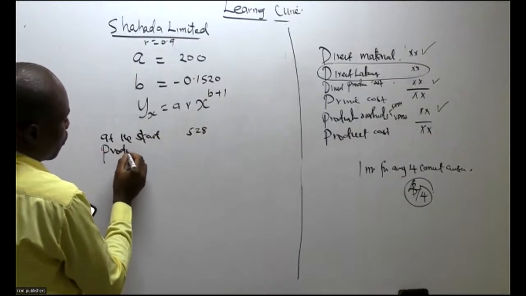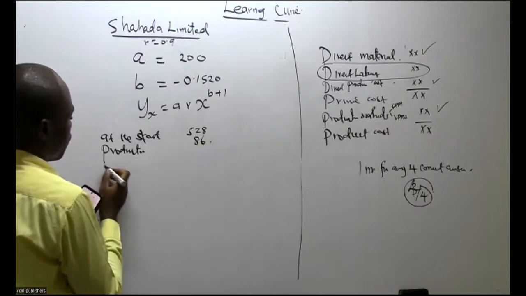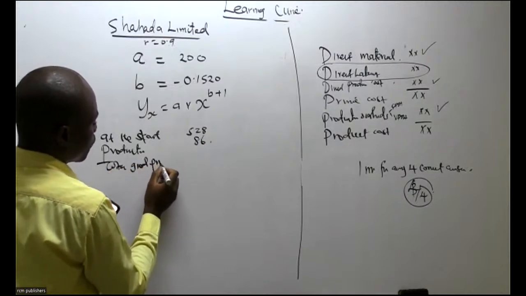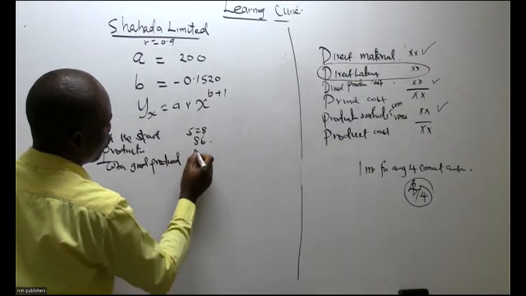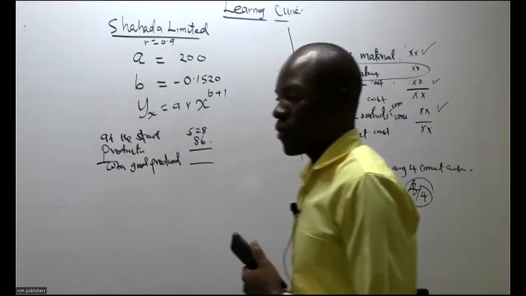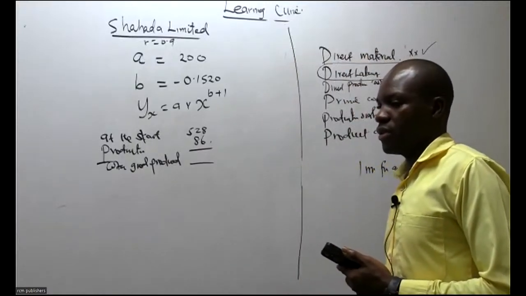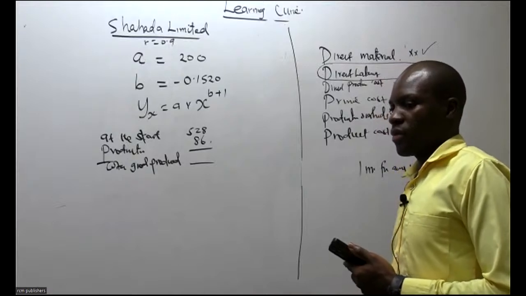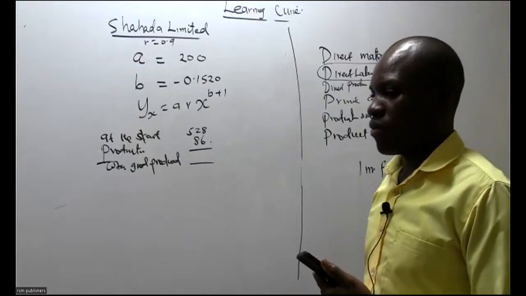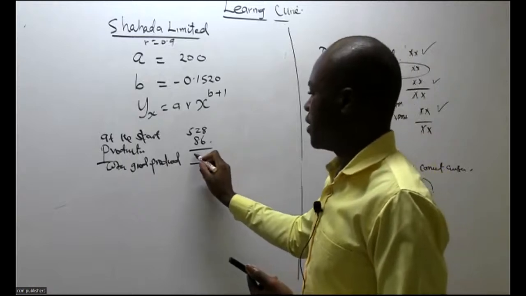Production during the period, we have 86. Total goods produced so far will be equivalent to how many units? If we add